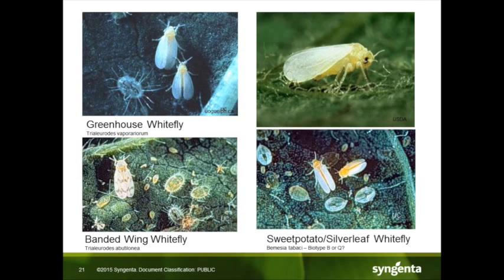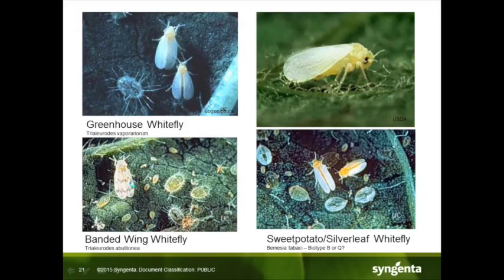Now, the common ones that we encounter tend to be the greenhouse whitefly, the banded wing whitefly, and the sweet potato or silverleaf whitefly. These can be identified morphologically by their immature stages. With the greenhouse whitefly, the immature stage has very long projections that come out of the body, whereas they're quite a bit shorter with the banded wing whitefly and pretty much non-existent with the silverleaf whitefly. You can also see the marks on the wings of the whitefly. The banded wing whitefly has very distinct lines going across the body,